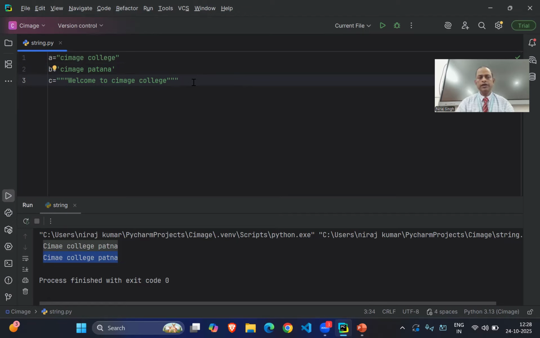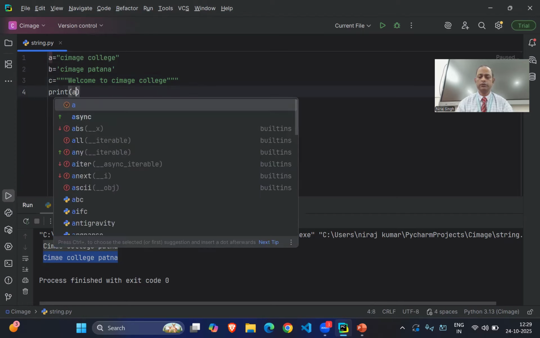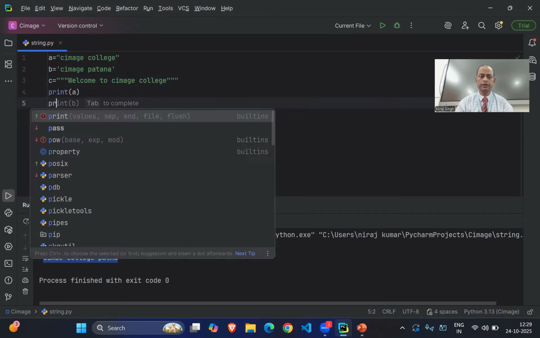So this way we can create the string variable, which can be included in double quotes, single quotes, or triple quotes. So there are different ways we can create it. Now, how can we display the string? By using print A, you can see the output here.